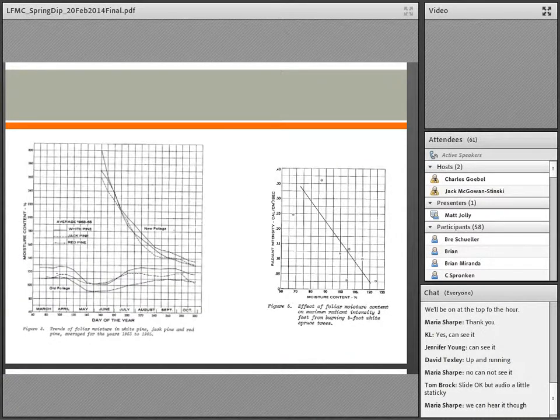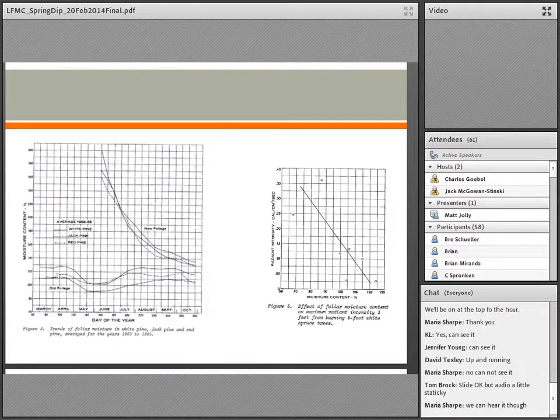What Van Wagner reported in this publication is that several species follow the same patterns. So he reported it for white pine, jack pine, and red pine, and they all have this spring dip. And the more that we look at it, actually this dip occurs pretty much anywhere you have conifers. It's just that it's never actually been of interest because generally the fire seasons in other places don't correspond with this dip timing the same way that they do in the lake states.